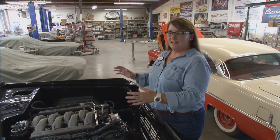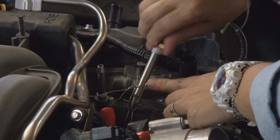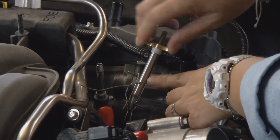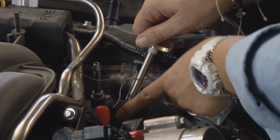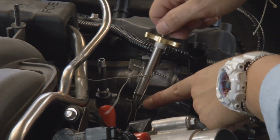The Coyote engine, big engine, small space. That's why I've got the Clamp Tight Mini. It's really good in tight spaces. We're only gonna go 90 degrees when it's tight. You're gonna feel it too. The tool's gonna start getting a little tighter, but what I'm really looking for is it's nice and flush. So now I'm just gonna flip it